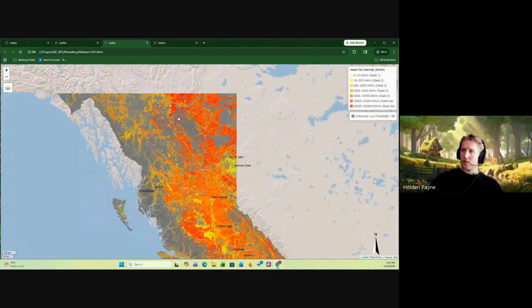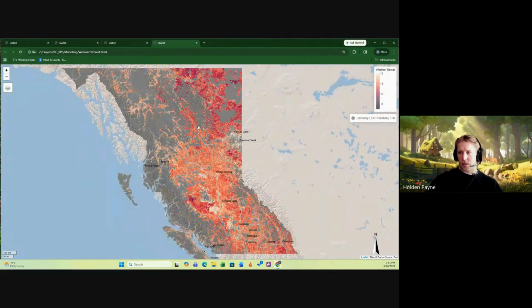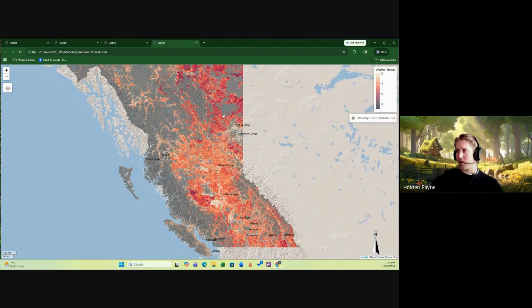And once we have all those data layers together, we can bring them all together and generate our wildfire threat layer. One of the ways that Frontera likes to do our wildfire threat layer is to integrate rate of spread, head fire intensity, and fire behavior to calculate what is the potential for bad fire hazard in an area. We do it this way because we think that integrating both how fast fires move and how intense they are, on top of how likely they are, is probably the best way to characterize wildfire threat.